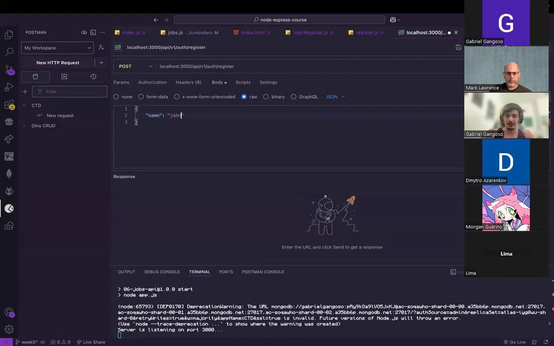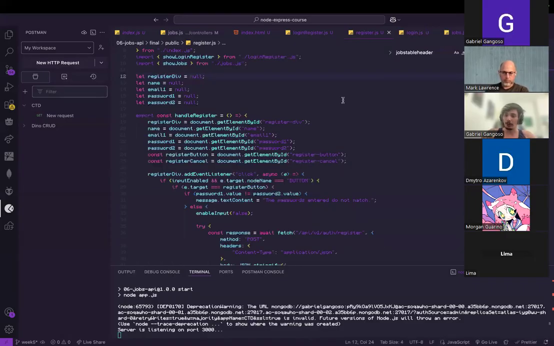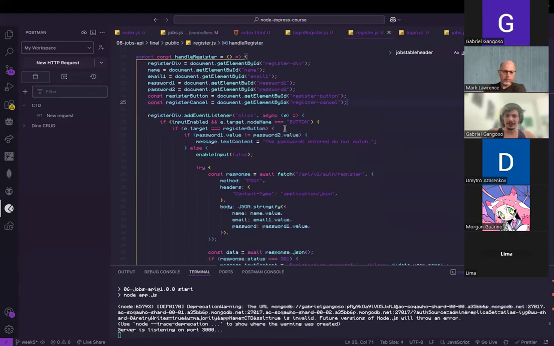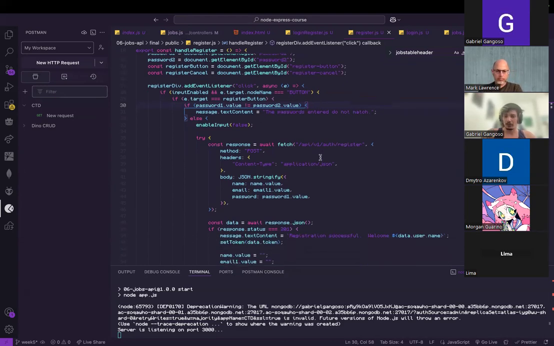You've seen John do this. He sets his name to John, or he sets it to some woman's name, and then email, all this. We did this in previous weeks. Now we're doing this exact same thing, but we're using a form on the front end to do the same thing. If it's the register button, we're going to check to see if our passwords are matching. Most places will have you confirm that there's not a typo, so you type the password twice. And if that works, then we're going to go ahead and write the same URL here,